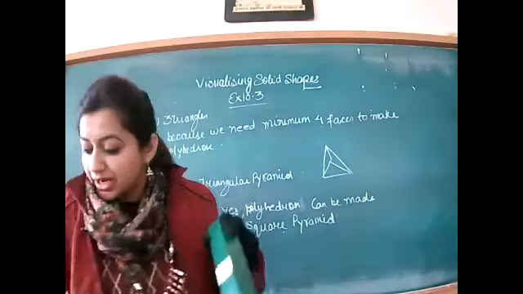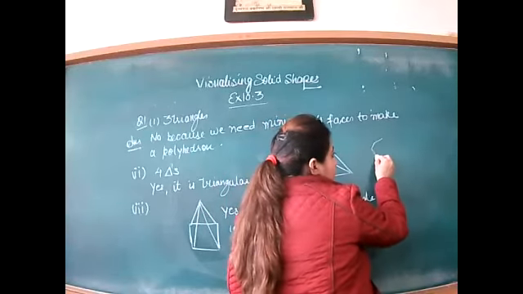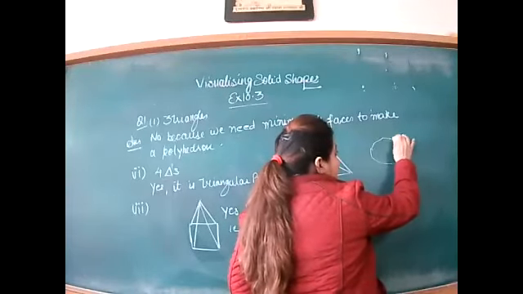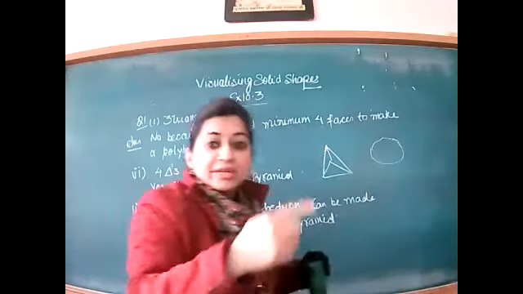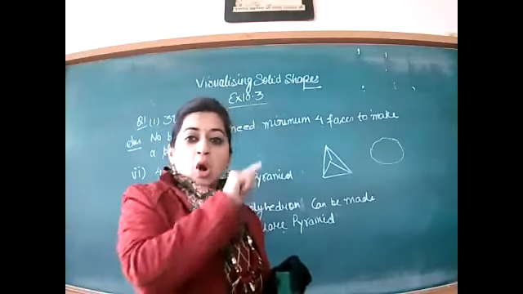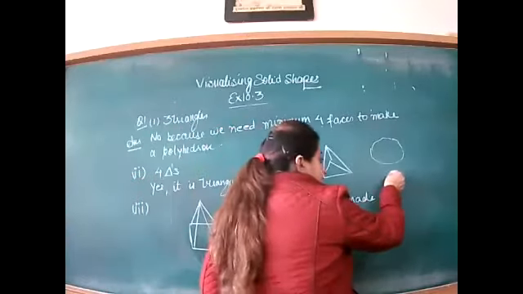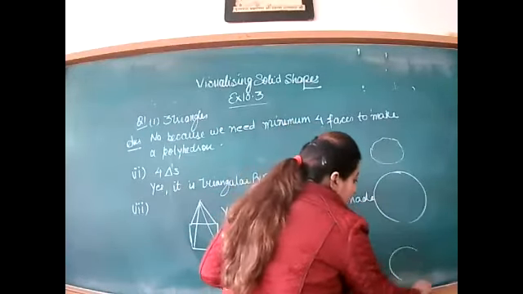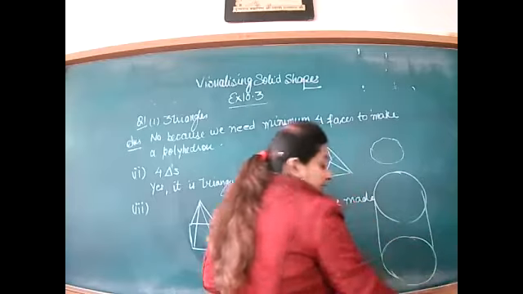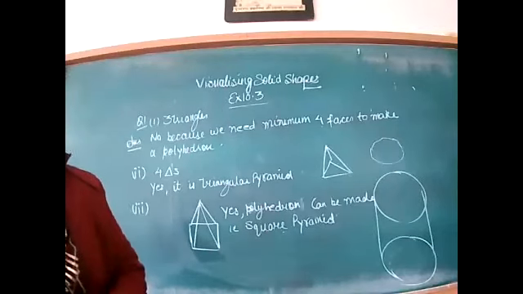When you increase the number of sides like this, if I increase to 16 sides, is it possible to make 16 sides like this? A very small gap is there between their edges. So when you increase these 16 sides to 20, then 25, then 30, at some point all these edges will change to a curved surface. Curved surface means they will look like a circle. And when both the circles are there in the upper portion and lower portion, and if you join them, it will look like a cylinder. Got it? Write down the answer for this.